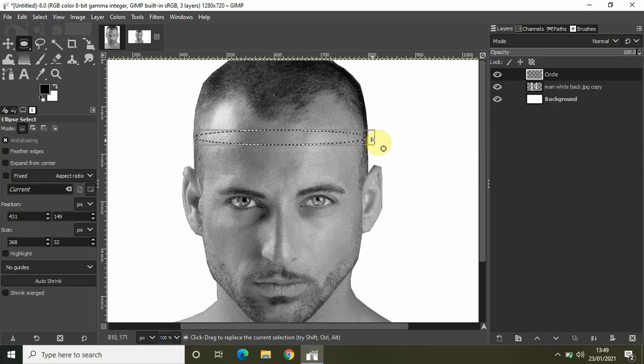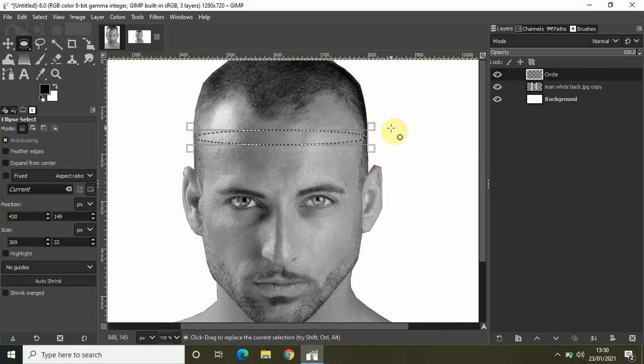So as you can see, I've perfectly created my ellipse selection, and the edges of the ellipse on the left hand side and the right hand side are touching the outline of the person's head on the left hand side and the right hand side.